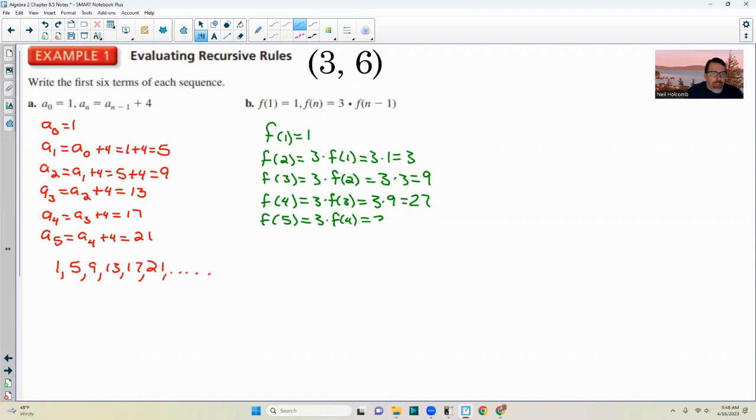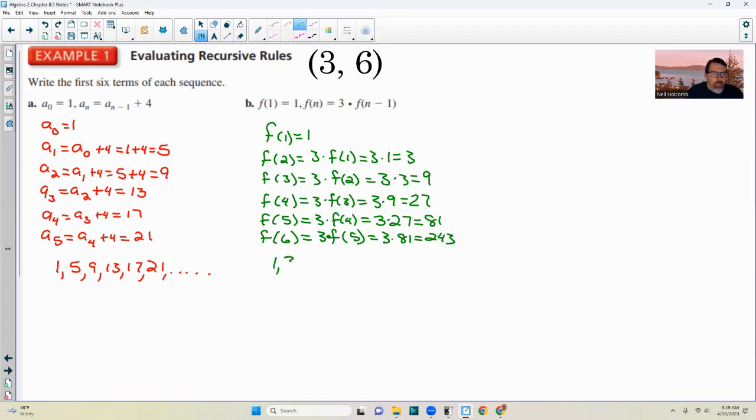And f of 4 was 27, so it's 3 times 27, which is 81. And finally, f of 6, our sixth term, is going to be 3 times our fifth term, 3 times f of 5, equals 3 times 81, which equals 243. So our first 6 terms would be: our first term is 1, 3,